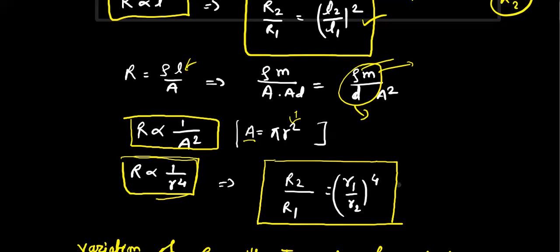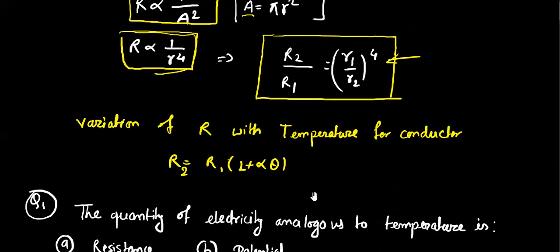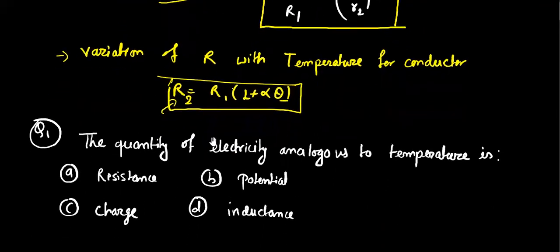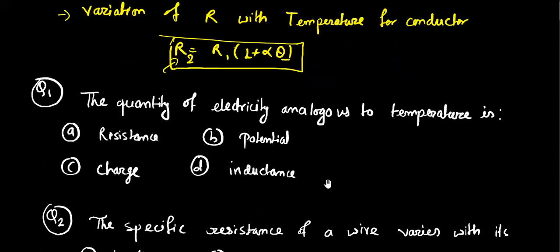So by using this we can get this kind of expression. Now the line here represents that this expression relates the variation of resistance with temperature. So this is all about the resistance, and now we are going to discuss some MCQs, because